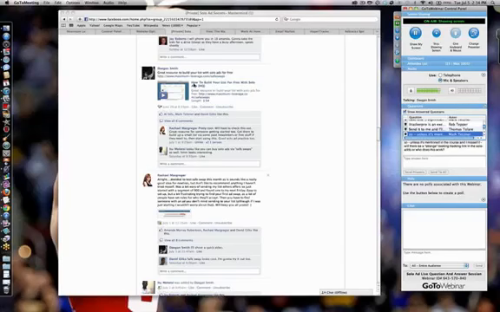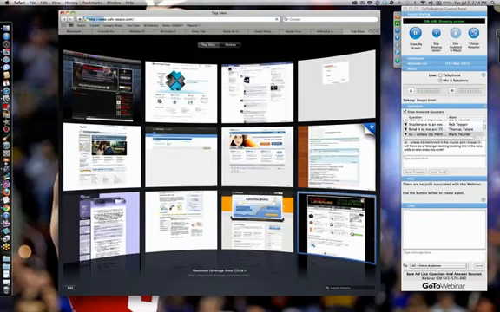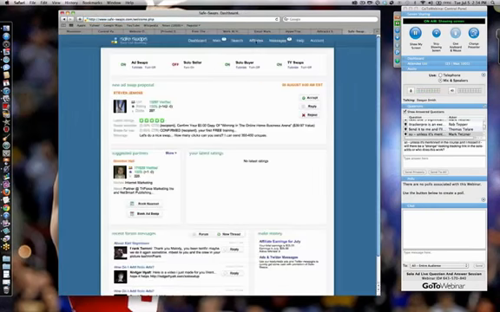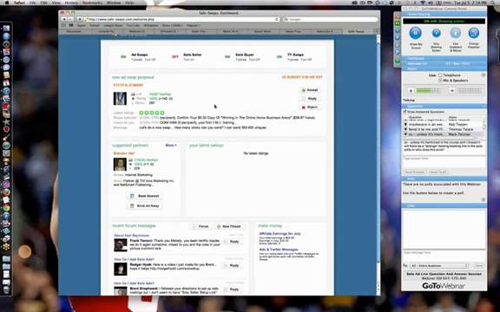So if you've got a small list and you want to grow that list by having other people mail your offer and you in turn mailing their offer, it's a great resource to go into because it's free. Let's say you do a couple of newsletter ads, and you build your list to say 800 or 1,000 people. Let me show you guys inside of SafeSwap. If we log in here, there's all sorts of people